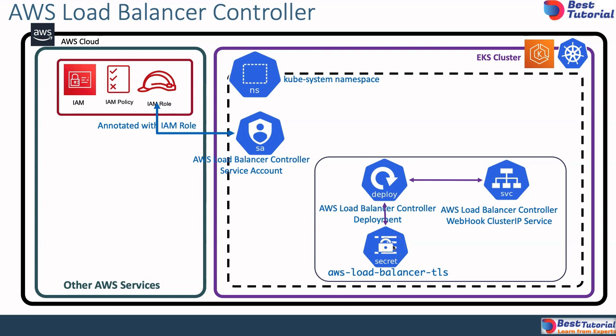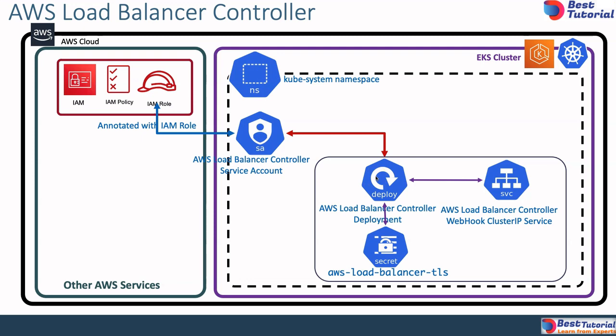So these are the things involved from the Kubernetes perspective. In the kube-system namespace, it will create a service account, a load balancer controller deployment, a load balancer controller webhook ClusterIP service, and an AWS load balancer TLS secret. Now this service account we have created is associated with this deployment,